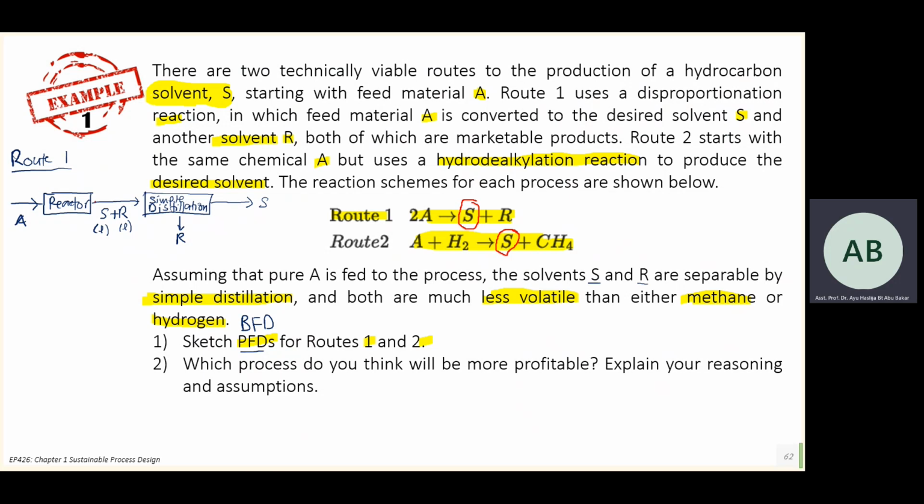Okay, route 1 up to there, we already get our S, the main product, solvent S. Any question for route 1? Clear? Now, for route 2,